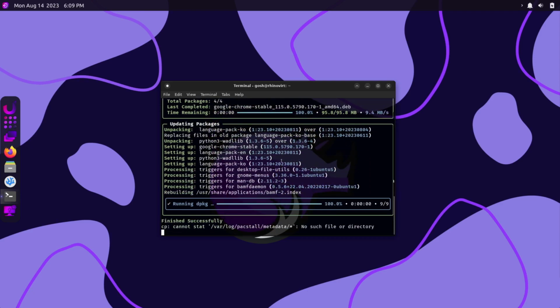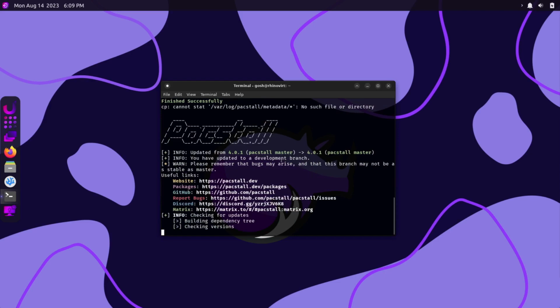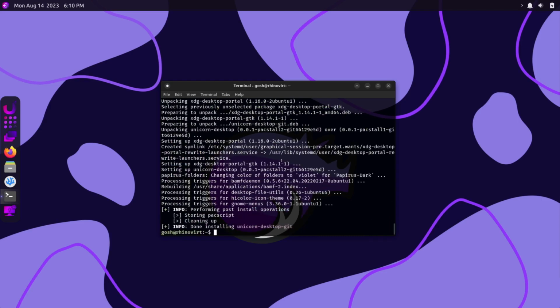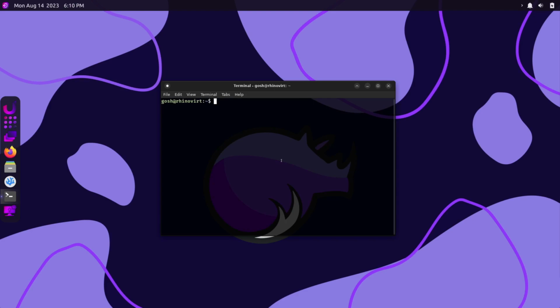Okay, so it's applying its updates, no major updates here. Yes, it's fine. Okay, so it's updated itself. So at this point, we've got Rhino Linux in a pretty updated state. So now what we're going to do is, if we want to make this look like traditional Ubuntu,